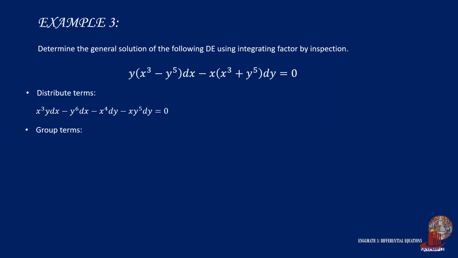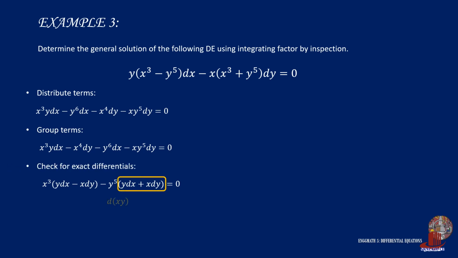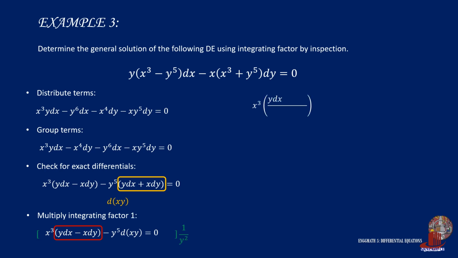Then group terms to have x cubed times the quantity of y dx minus x dy minus y to the fifth power times the quantity y dx plus x dy is equal to 0. Then check for exact differentials. In this case, the second term has y dx plus x dy, which can then be simplified as d of xy. Let's attempt to complete the differential on the first term by having the first integrating factor of 1 all